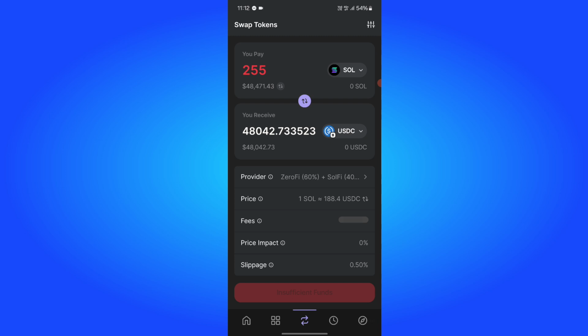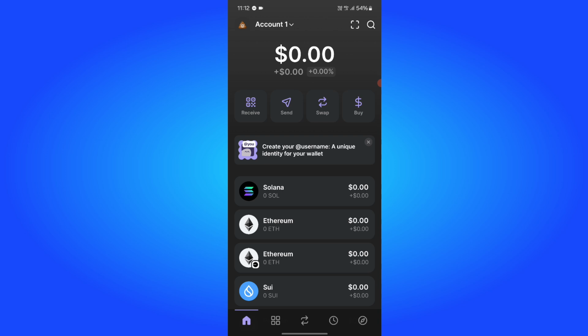Now, in order to withdraw to a crypto exchange, you need to send your funds to an exchange that allows withdrawals to your bank account or PayPal. You can open Binance, Coinbase, Kraken, or another exchange that supports Solana. And now, you can go to the deposit, select USDT or USDC, and copy your deposit address, and then in